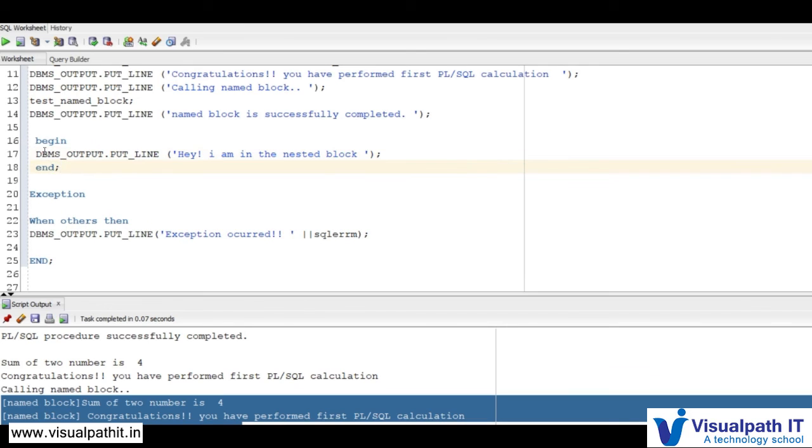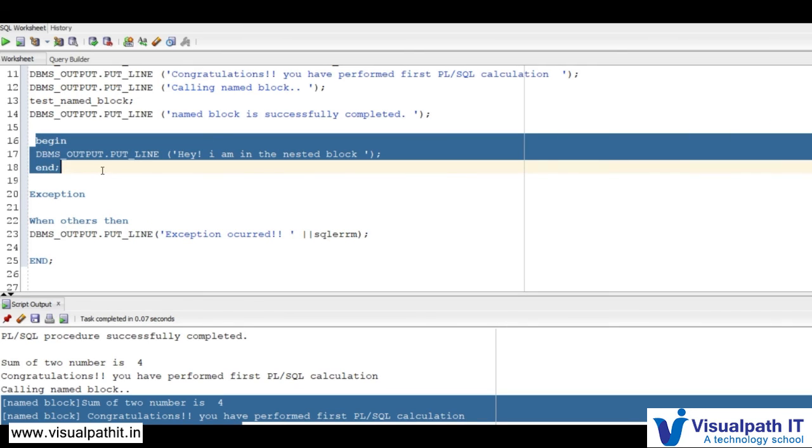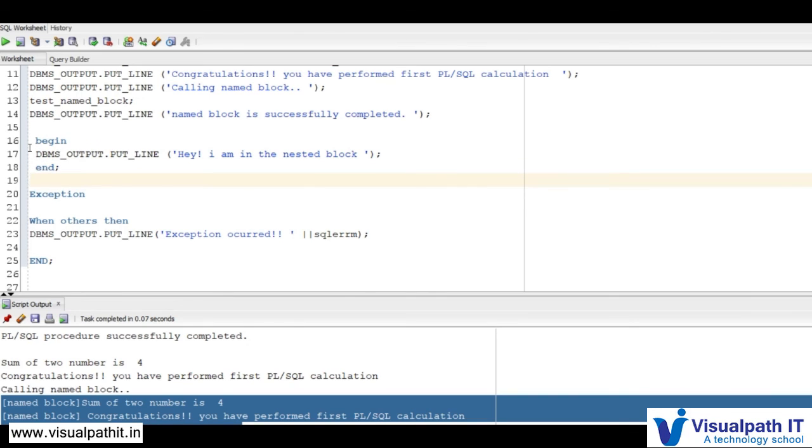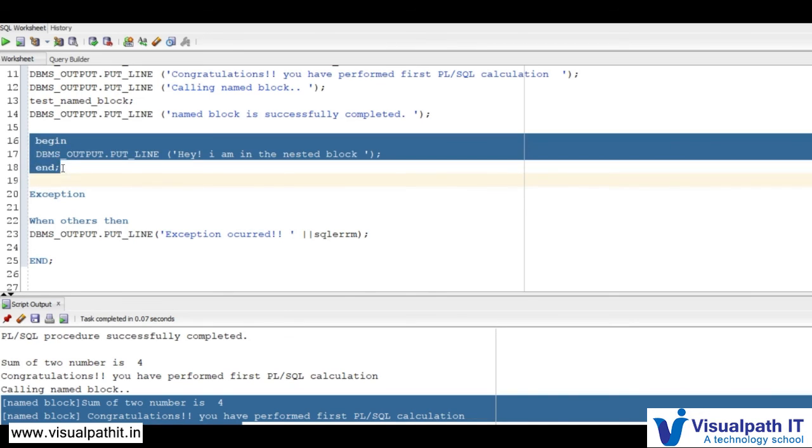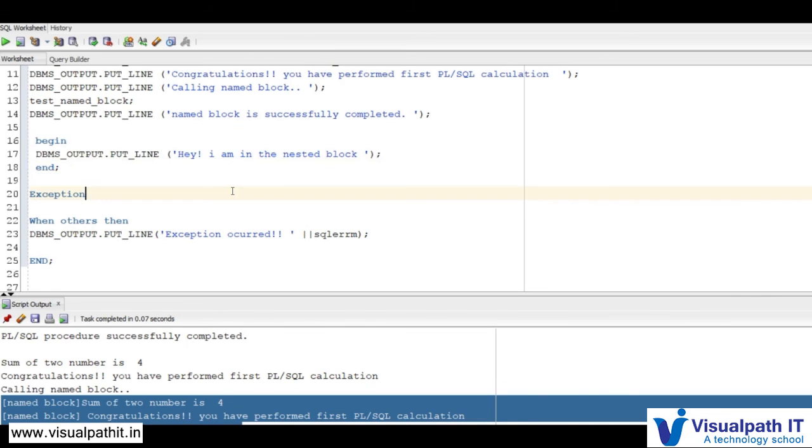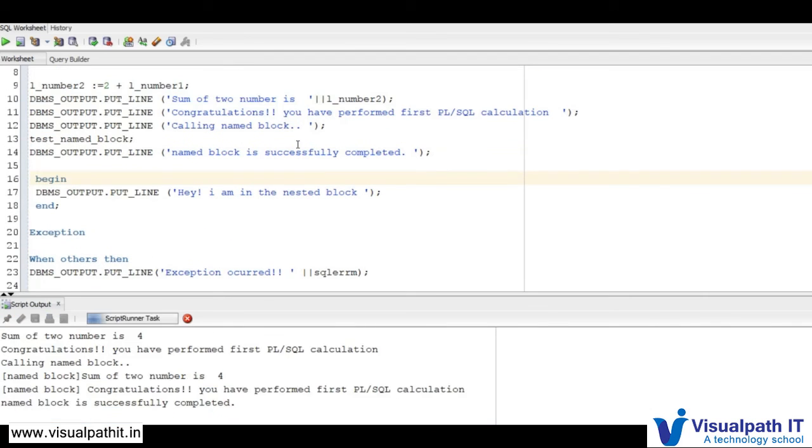Remember I have said that both declarative and exception sections are optional. So I'm not using those two sections in this PL/SQL block, just for the sake of simplicity. If you want to have them, then you can surely have them. We'll see in some different examples. Now again run it.